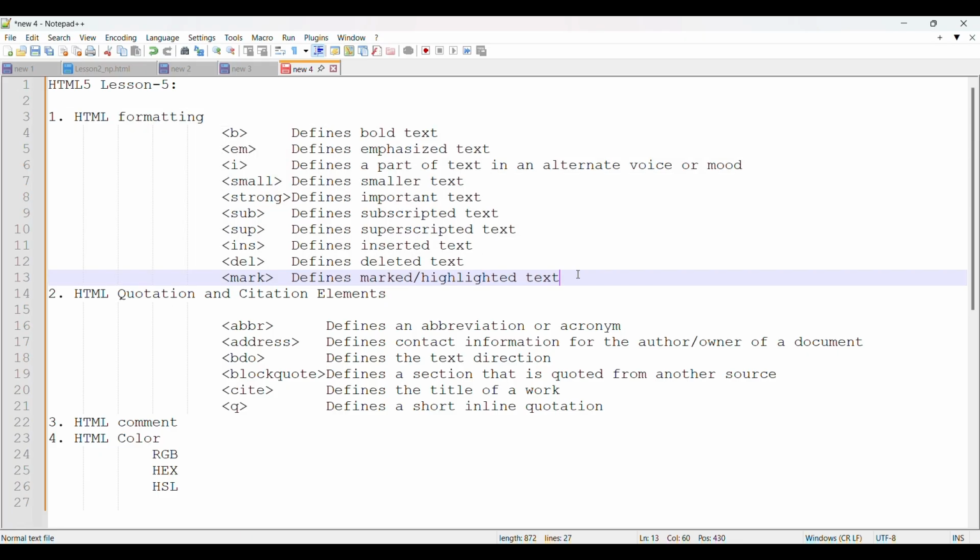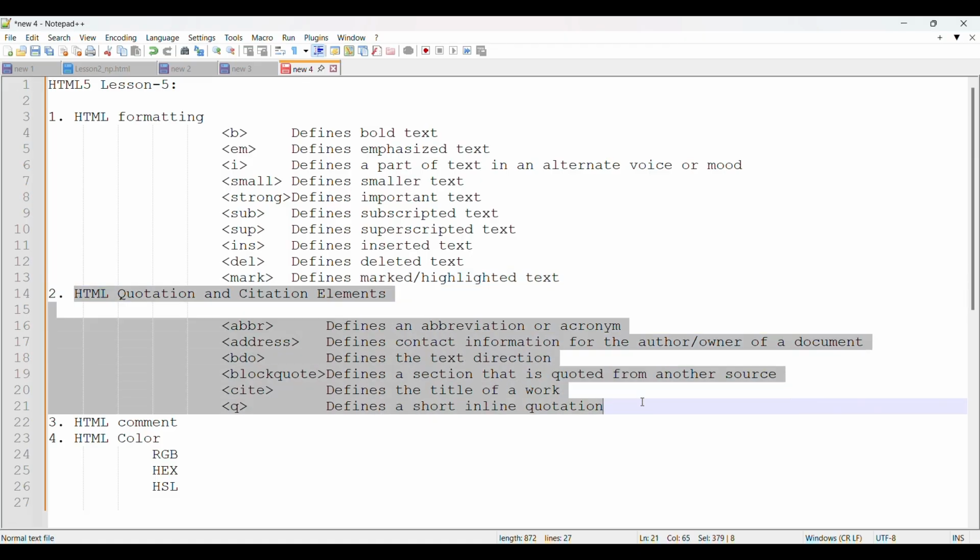Next one is HTML quotation and citation elements. For these, we use certain tags in HTML just to provide some more information about the text available in the browser, such as the abbreviation tag and address tag. So what does the address tag do? It adds an extra line in between the other text. Let's say a paragraph is there and we add the address, so a line will be inserted